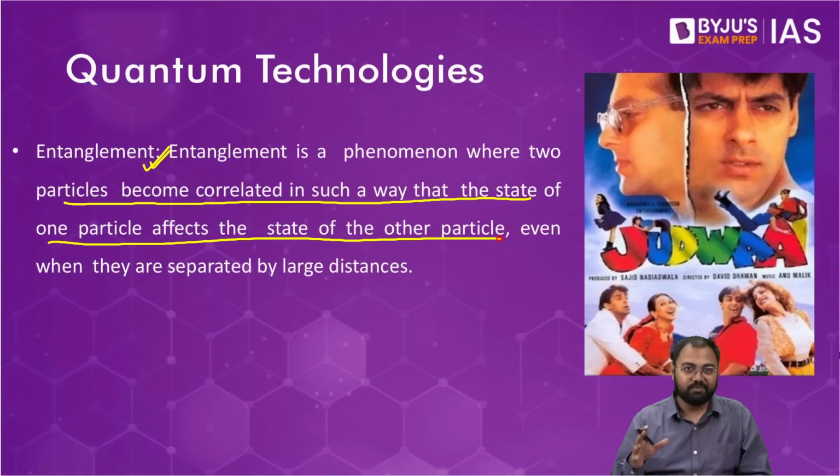That if, for example, in this film, if you just go and thrash one Salman Khan, the other Salman Khan also gets slapped. So because they are connected by their properties, although they are not in the same place, they're not in the same area, but even then, if somebody slaps one Salman Khan, the other one also gets slapped. So that is basically what the property of entanglement is,